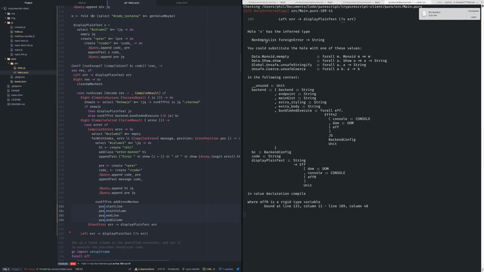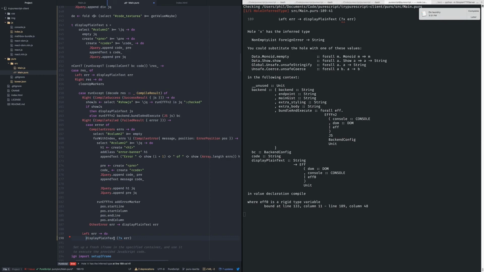Okay, so we need something that turns a non-empty list of foreign errors into a string. Well, actually, you know what we can do here. We don't need to display this text. We can just say unable to parse the response from the server. But in the console, we can render a string,